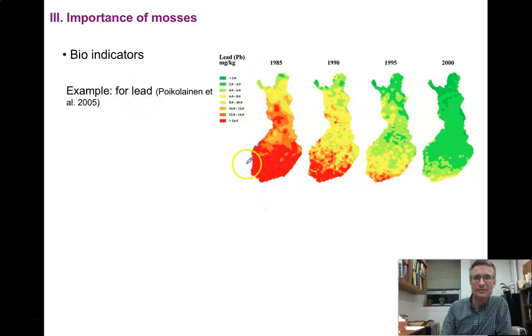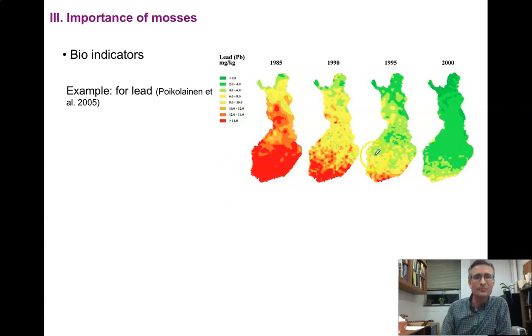So this is a map of Finland over here. And in this particular study, they sampled mosses of different ages from the mid-80s through the 2000s. And what you can see in the mid-80s is that there were fairly high concentrations of lead in moss plants that then eventually decreased into the 2000s. And that's because there was a lot of leaded gasoline being burned in the 1970s. But as leaded gasoline was outlawed and our atmosphere was cleaned up, the concentration of lead in our atmosphere decreased